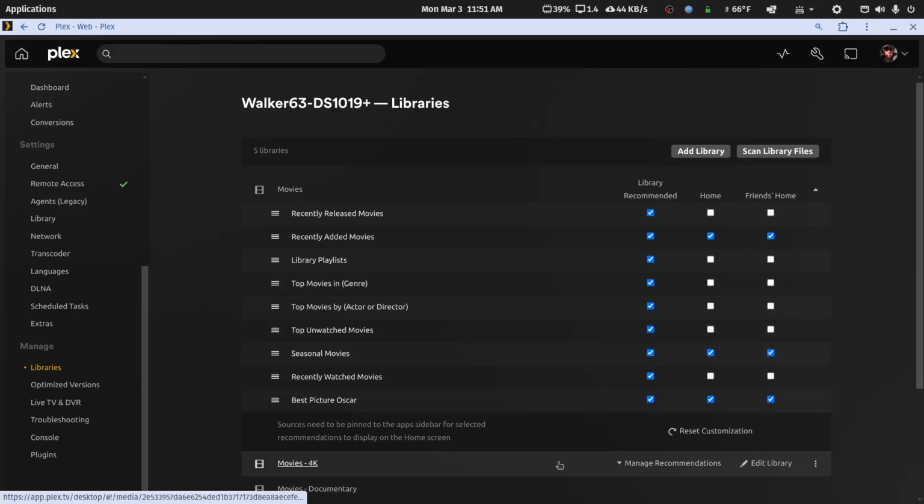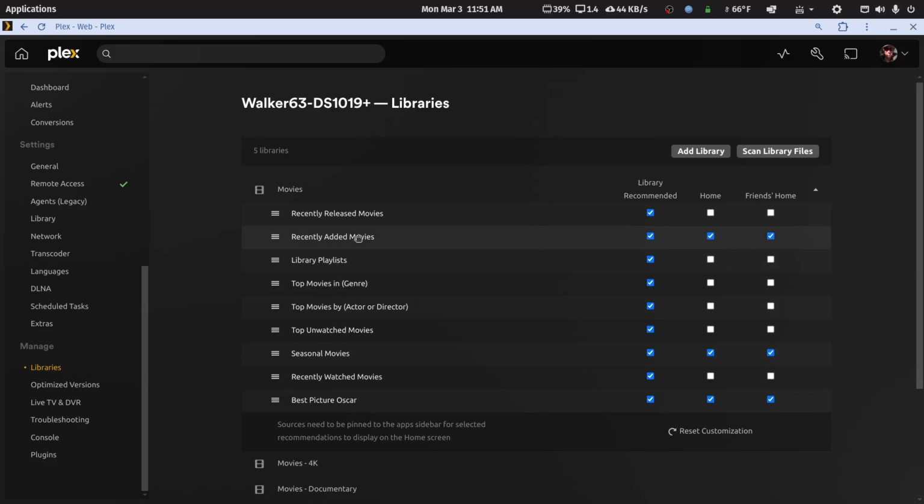Now, my default library shows recently added movies, and where else is, oh, and recently released. But this test server doesn't, so I'm going to check those two options for both myself and my friend's home. And